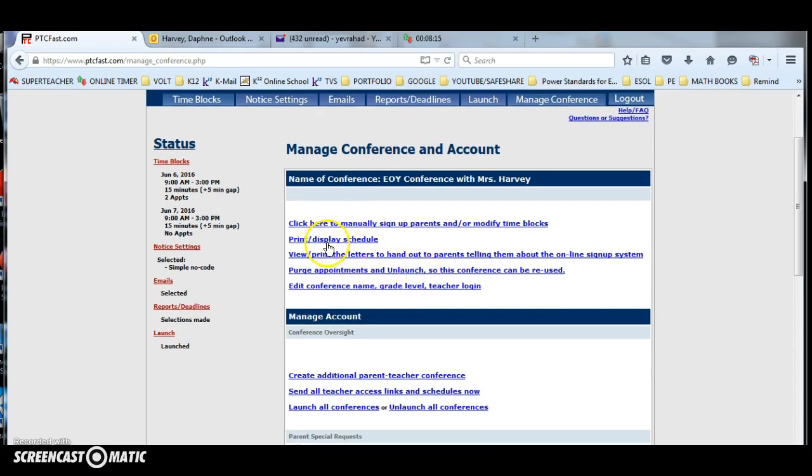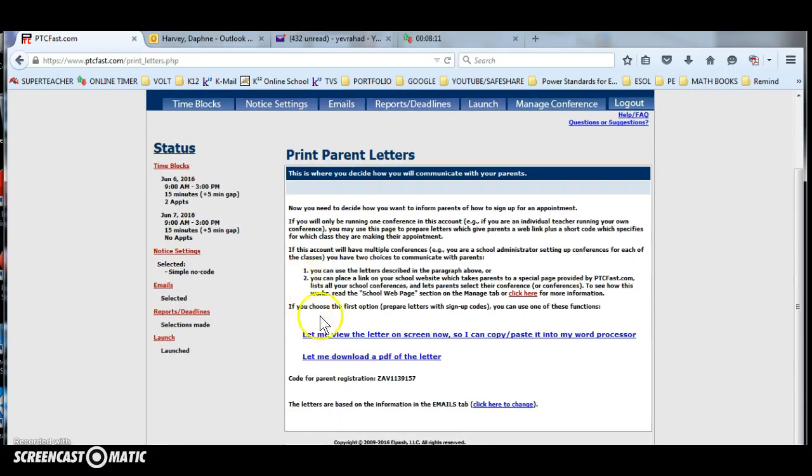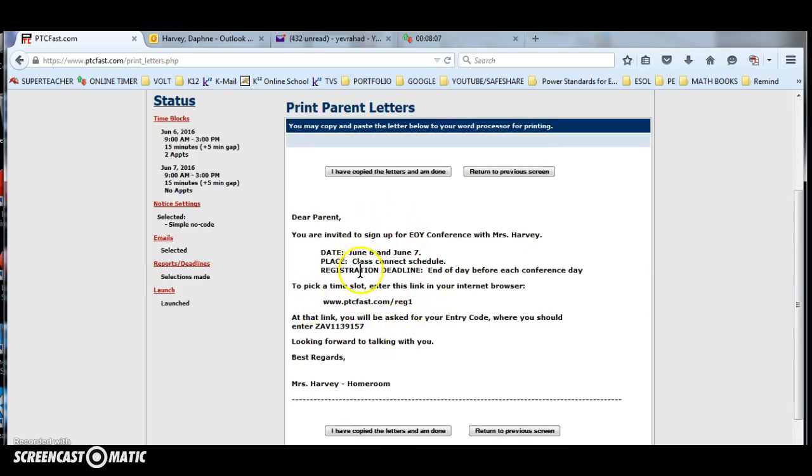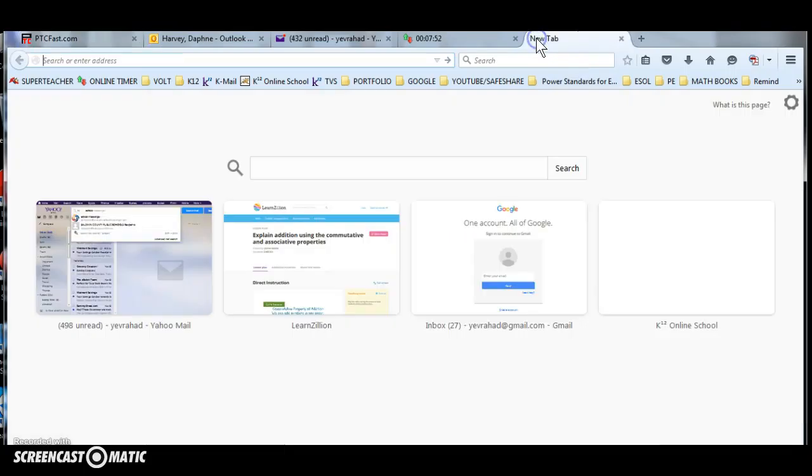So here you can look at, let's look at the letter that it generates. It generates a letter in PDF and on the screen. You can copy and paste it in emails. And basically, this is for all the parents. Tell them, hey, enter this unique code. Enter this link on your browser and then put in that code. Okay, so we're going to do that